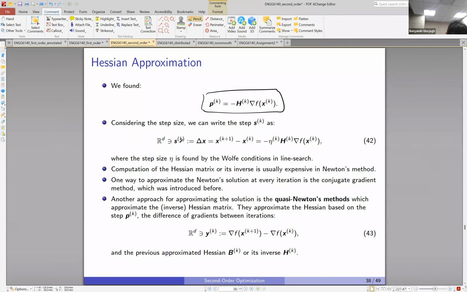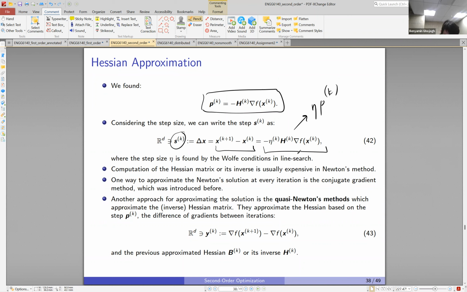Let delta x be denoted by sk, and sk equals eta pk. So pk does not have eta in it. So s, or delta x, equals xk plus 1 minus xk, which is minus eta H gradient of f. This is the update in the